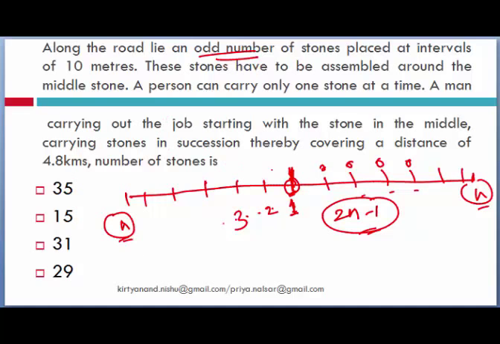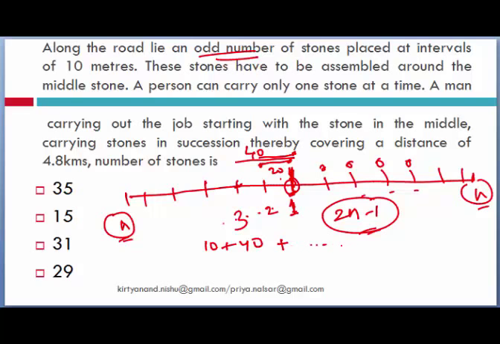Now see, understand, this guy starts from here. Okay, he goes to this point, picks up the stone, comes back, puts it here. So the distance that he is traveling is actually 10 meters into 2, which is 20 meters. Similarly, if he has to pick up this stone, the distance that he will travel will be 40. So basically he is traveling a distance of 10 plus 40, okay,